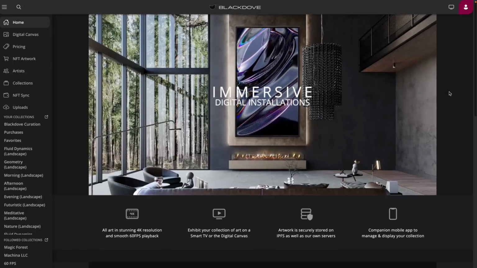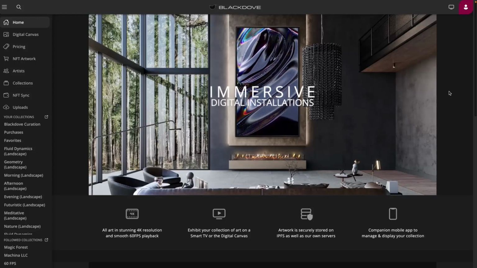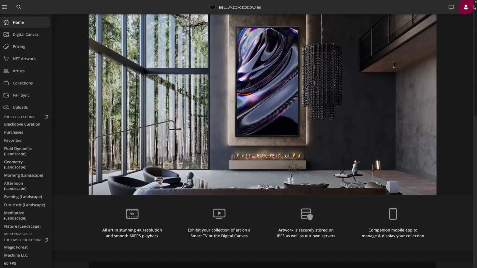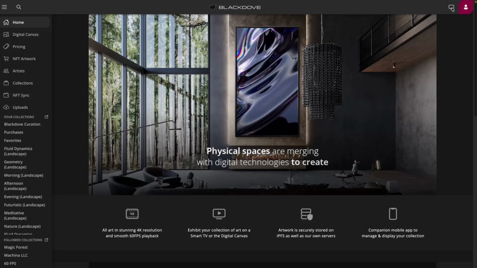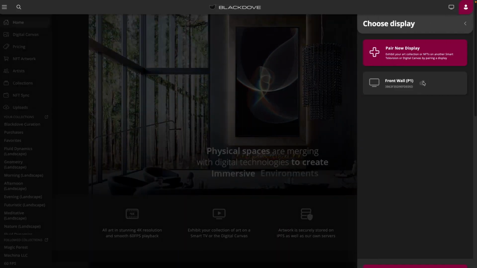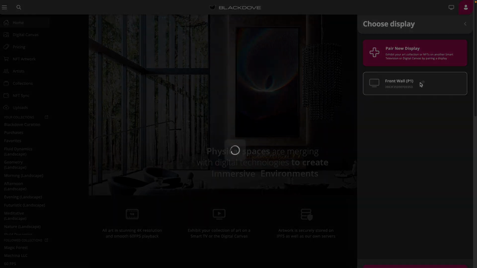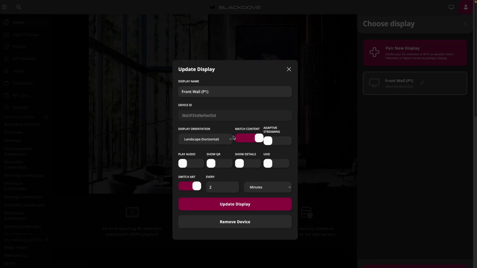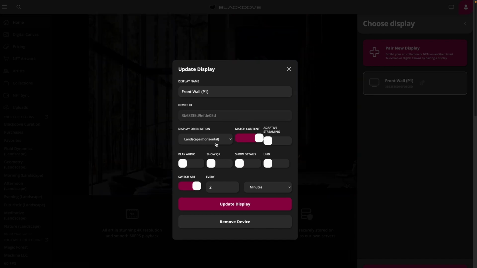in the display options, it will only play the content that matches your canvas in particular. So we're going to come up here to the upper right in the display, and we're going to choose the display that we have our app connected to, and we're going to click the gears. Now, match content. When you click match content and you have your display orientation, let's say I'll make mine portrait,